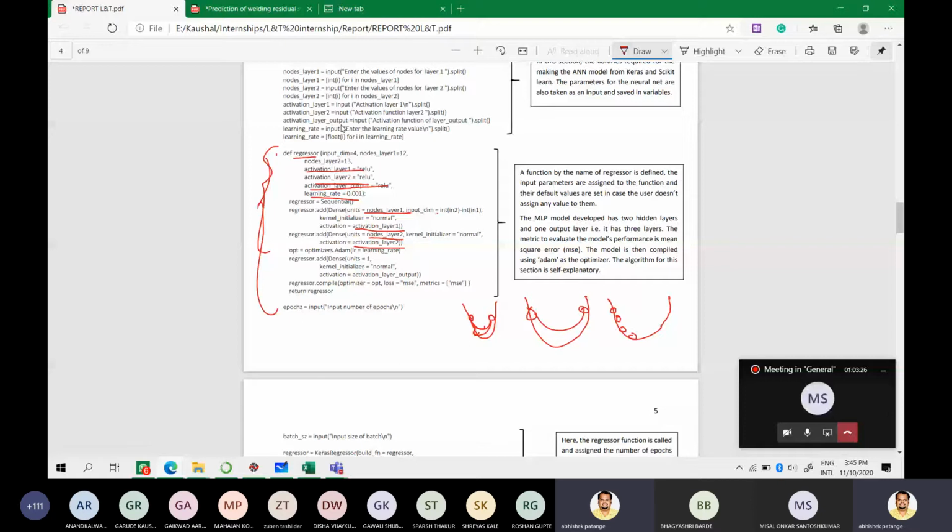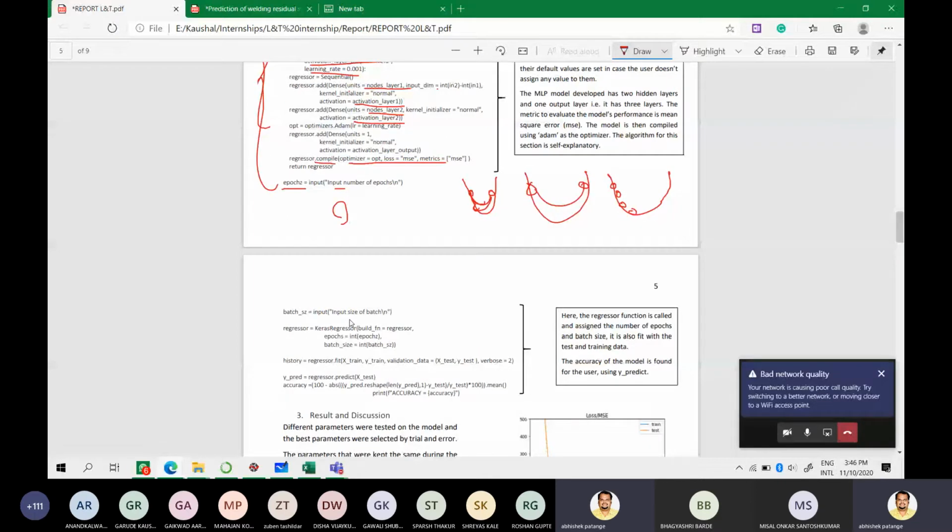Batch size is to make your code fast, because if you take the entire data, my data set is very small. It is 43 data points. But in actual life, you use millions of data points. And when you run the entire system on millions of data points, running it iteratively, it takes a lot of time. So what the computer does is better if you give it in batches of, say, 1,000, then it runs individually on those batches and gives you an output. It's faster.